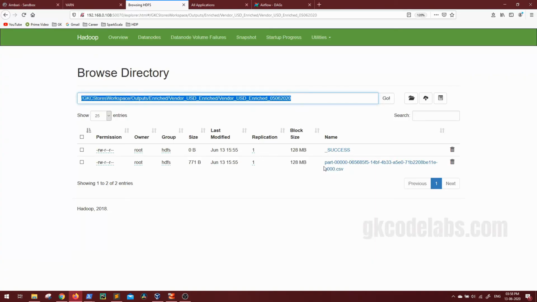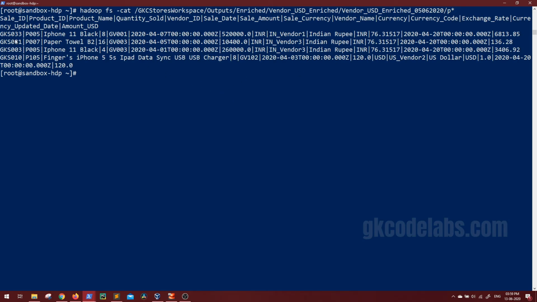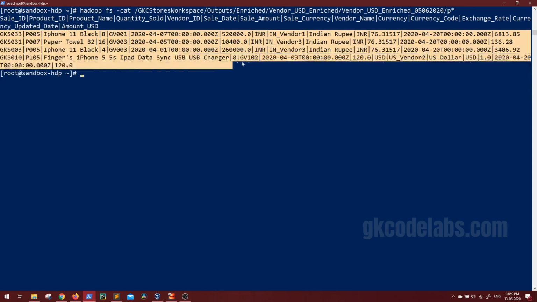The file name is pretty big, so you can give just the star. It starts with P, so P star. Also make sure you don't do this in actual production-level projects, because the files might be very huge and it is not advisable to do a cat on that file using the Linux environment. You can see, as we were getting our final output, all the output is in our HDFS.